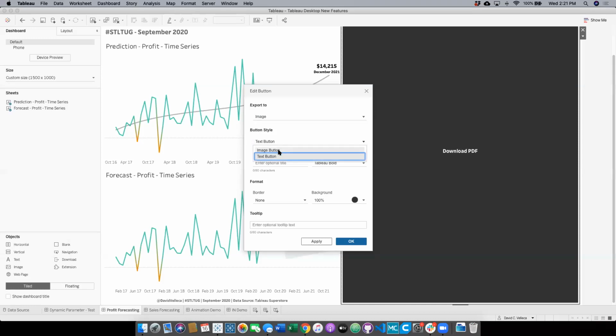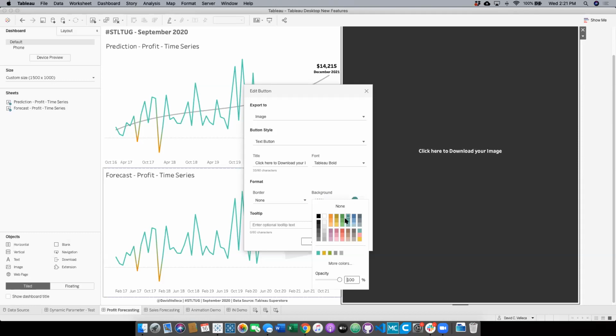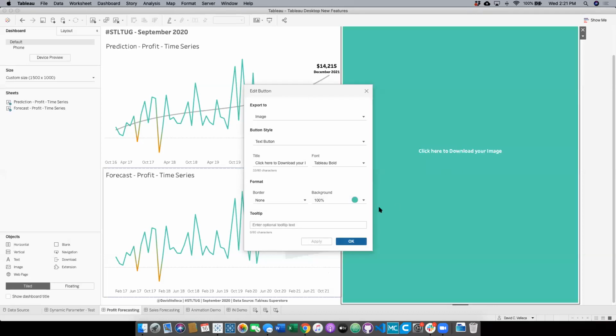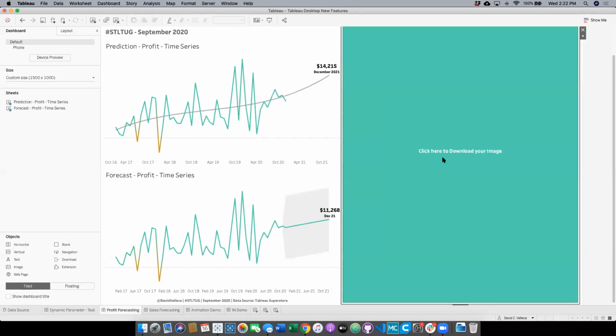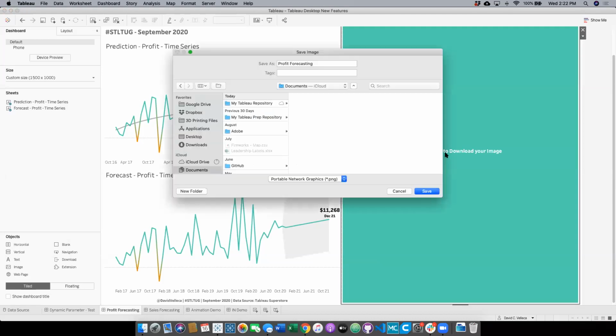I can pick what my button is. If I want it to be a text button, I just tell it what I want it to say right here. So, click here to download your image. Perfect. I can change the color, whatever that teal color is, or this lovely blue. Oops, that's not what I meant to do. Apply, there we go. So now, if I click this, it's going to download this as